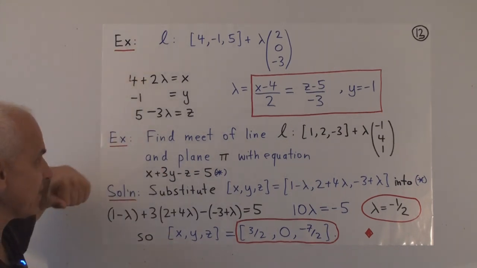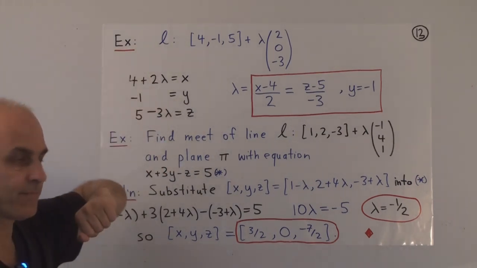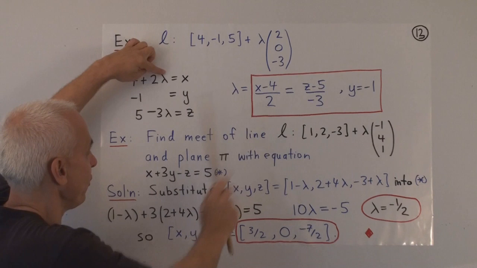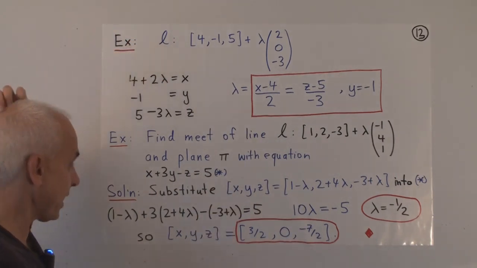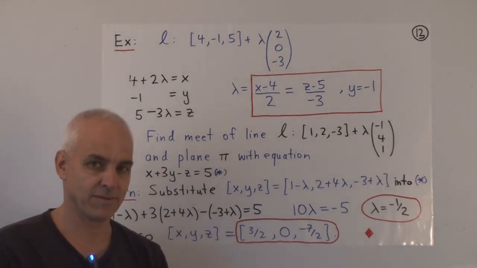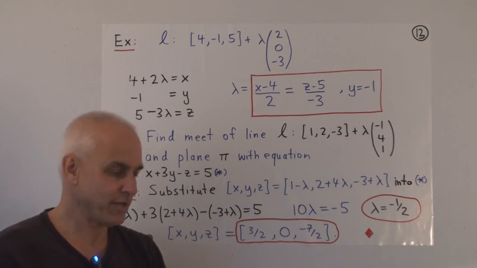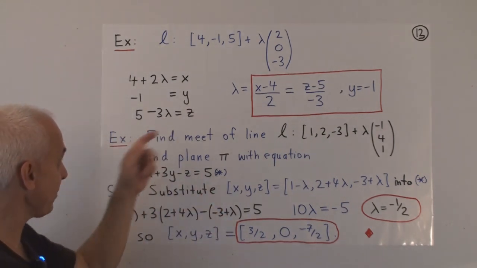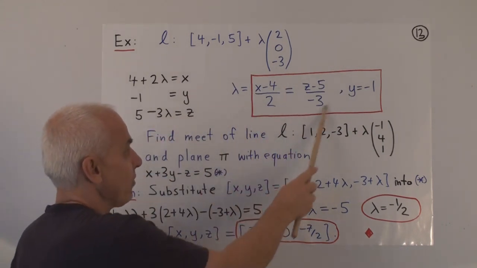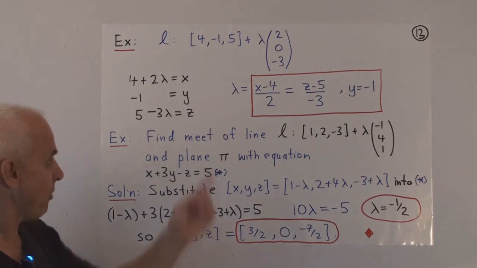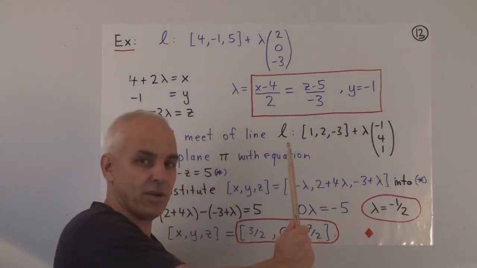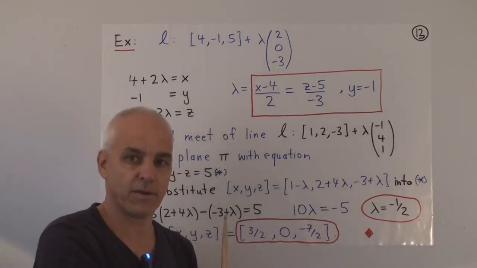Now if we do what we did last time, we solve for lambda for each of the equations. But notice what happens. The first equation, we get (x - 4)/2. Fine. But then the second equation, there isn't a lambda in there. So we can't really solve that second equation for lambda. All right, so let's carry on with the third equation. We can solve that for lambda. We get lambda equals (z - 5)/(-3). So we can get this equals this. Well, what about that second equation? Well, that's just a separate equation. We just repeat it over here.